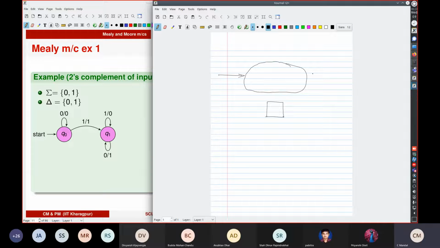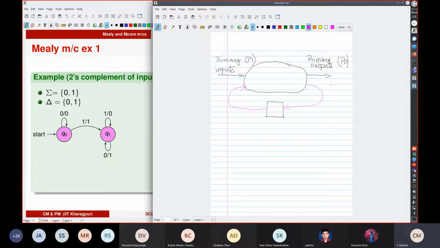So you're applying some inputs here, and you can say that these are your primary inputs, and you can call this PI, and these are your primary outputs. You can call this PO,